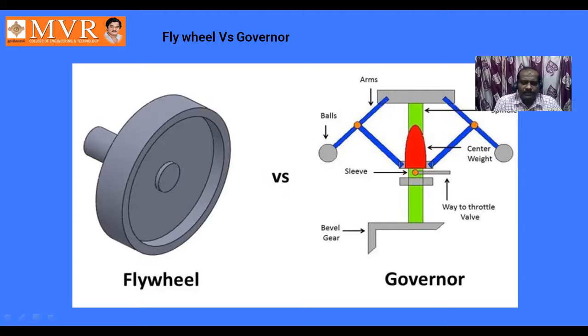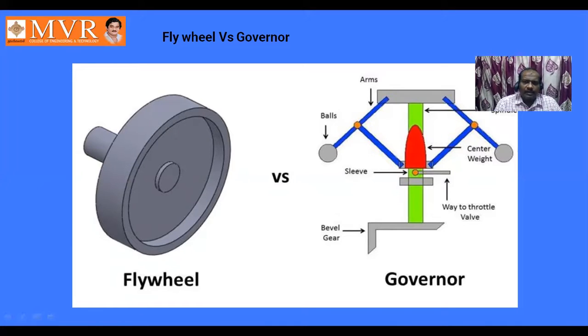Coming to the governor's concept, the governor contains a number of parts, as clearly mentioned. If you start from the bottom of the governor, one is called the bevel gear. At the bevel gear, we support a primary shaft so that the power can be transferred in a perpendicular manner to the input. I repeat once again, at the bevel gear we have a shaft, and that is the prime mover shaft. So we supply the power to the governor in a perpendicular manner.